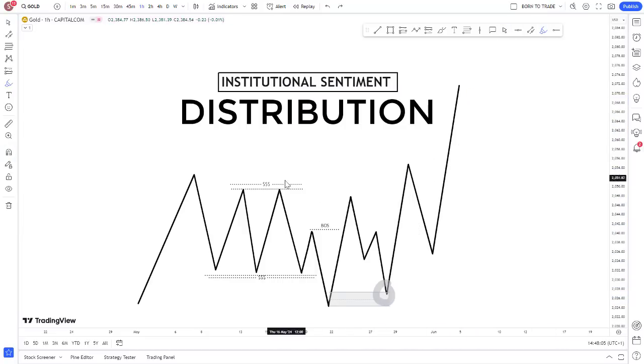And one thing you're going to notice right here is that price firstly sweeps the liquidity at this particular high, retracement before we see the continuation to the upside. So these are the phases of smart money sentiment. Okay, this is the phases of institutional flow, how the institutions move in the markets.